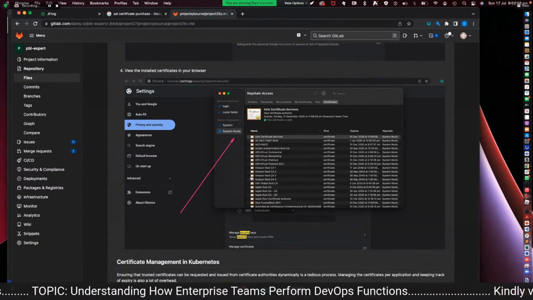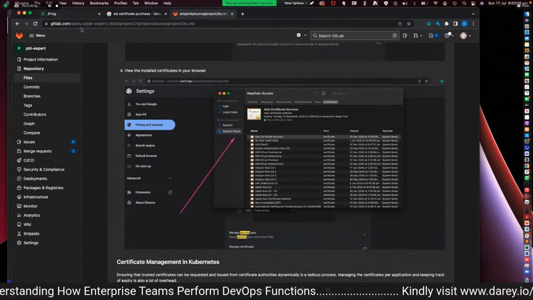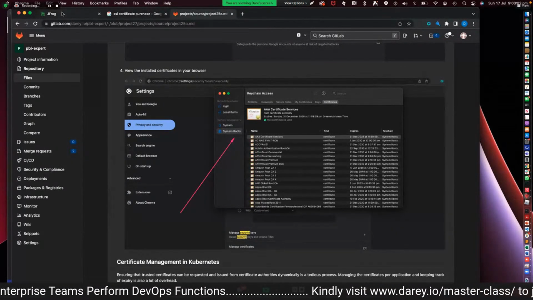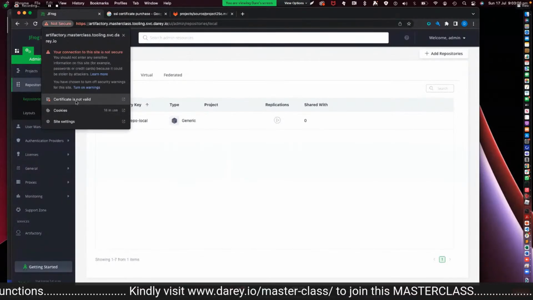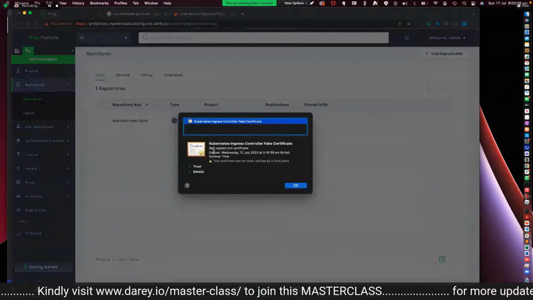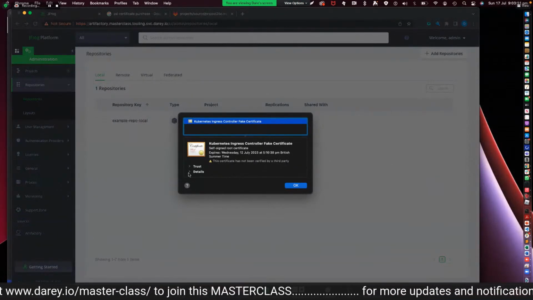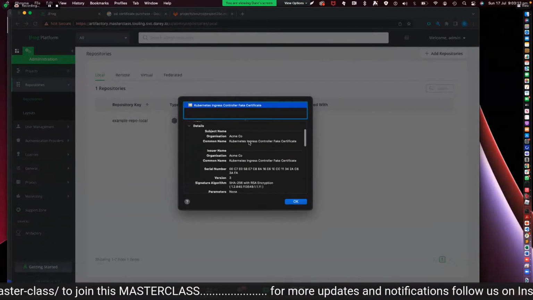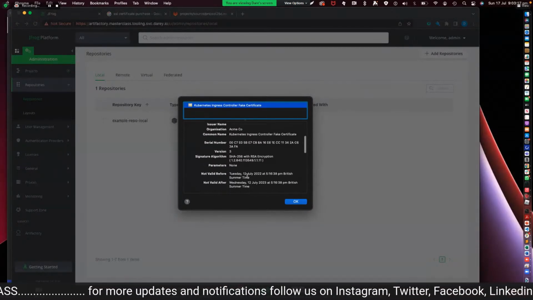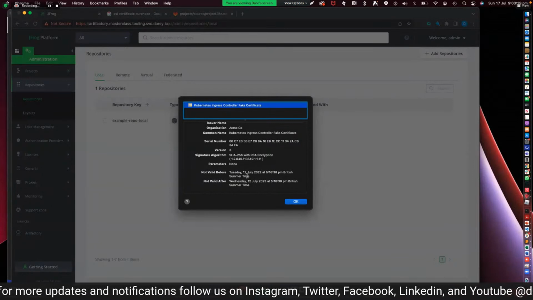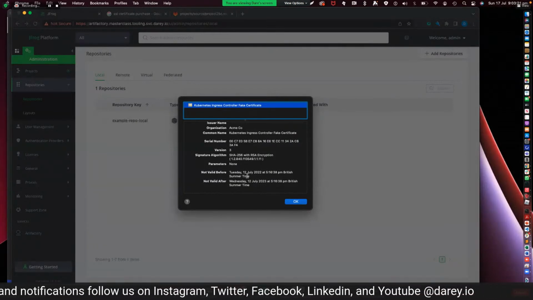Okay. If that is not there, what's going to happen is you will see things like this, not secure, just because it is not aware of this certificate. And the reason why this is not trusted is because this particular certificate is a self-signed certificate. So it's not actually issued by anyone. It's something that